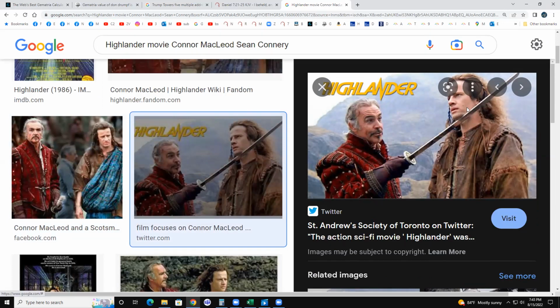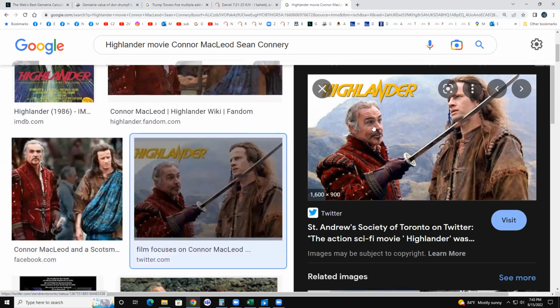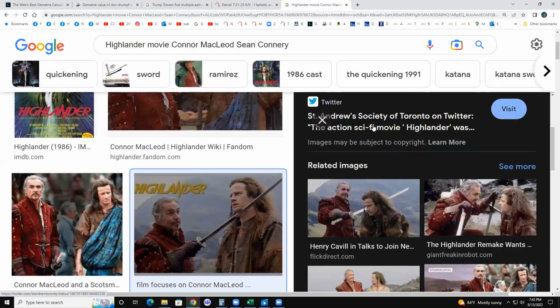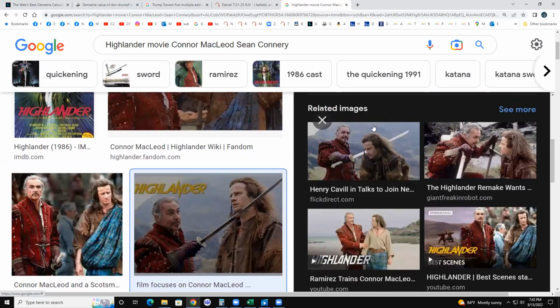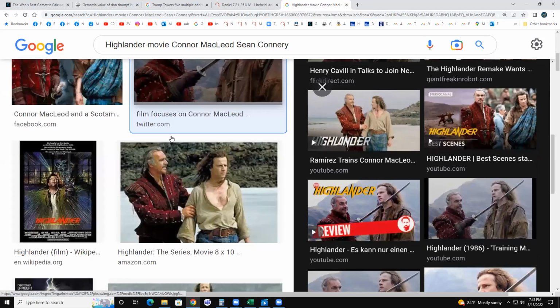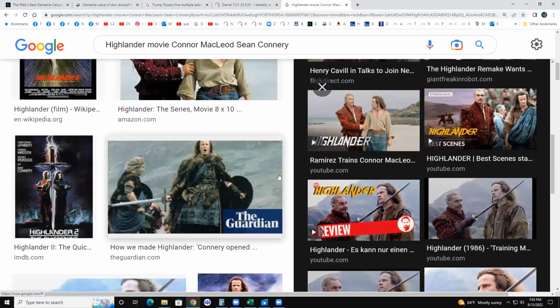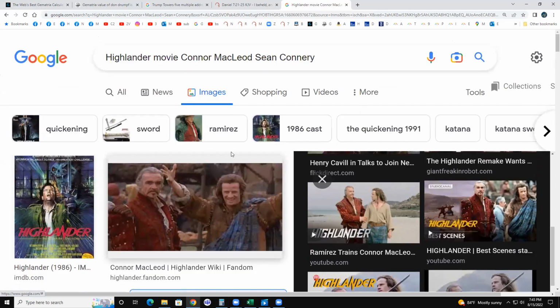And guess what his name was? McLeod, Connor McLeod. What's Trump's mom's maiden name? McLeod. And Sean Connery literally says, "You can't die, McLeod." Yeah. I mean, and who's his handler in the movie? 007. Oh, and where does he go? When he goes to America, he lands in the same place Trump was born. He lands in Queens, New York. You can't make it up.